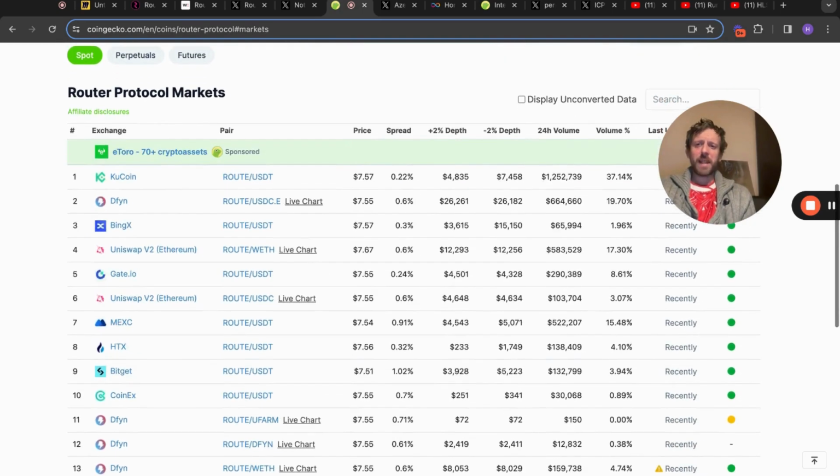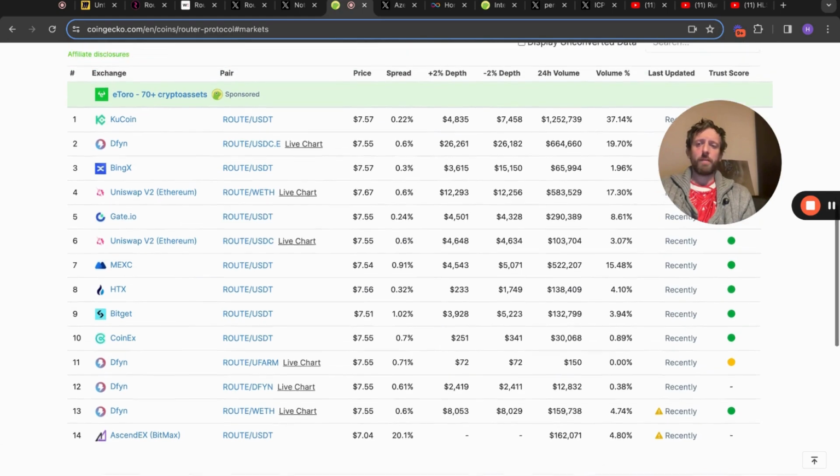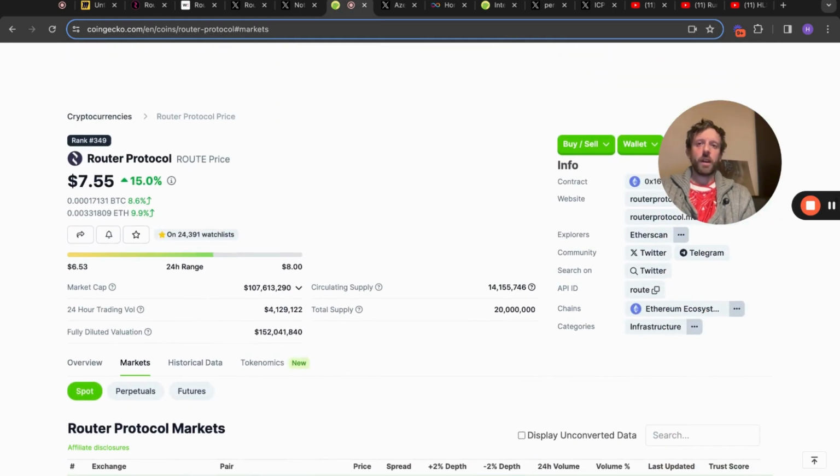It's not listed on the massive exchanges yet, so you don't have Coinbase in there, you don't have Binance in there. So that could be interesting. It's definitely got room to grow further. A three-figure coin is not beyond the realms of possibility. I actually think this is a really good project. I think it's very interesting.